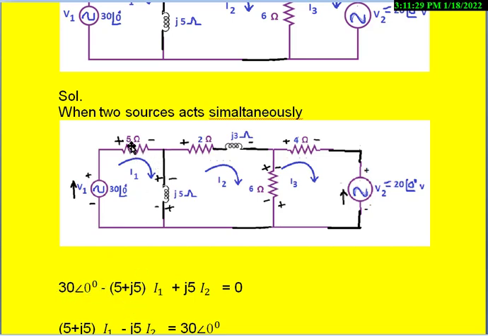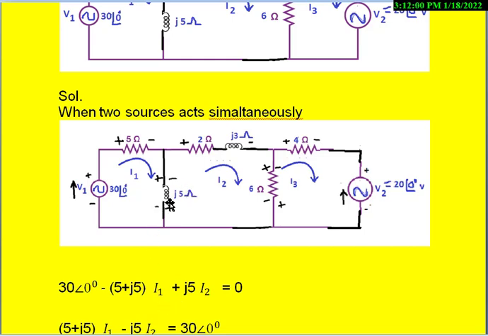And then here I1 is flowing through this, and the same thing also flows through this. We call that Z11, the self impedance of the first loop. I1 flows there. Because we get first plus, next negative, we call that a voltage drop, and a voltage drop gets the negative sign. So we write like this: minus (5 plus J5) into I1.